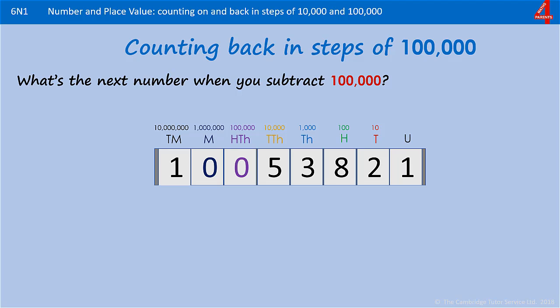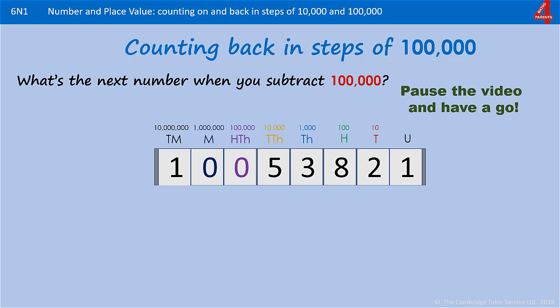You have 10,053,821 and you're going to take away 100,000. Pause the video, have a go. There's nothing in the 100,000s, so that's going to go from a 0 to a 9, which means that the millions will need to go down as well. But there's nothing in the millions, so the millions will need to go from a 0 to a 9, which